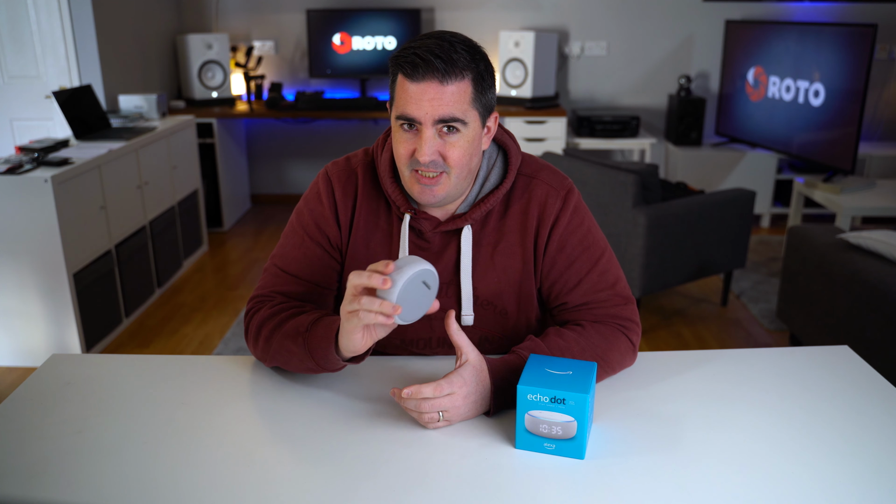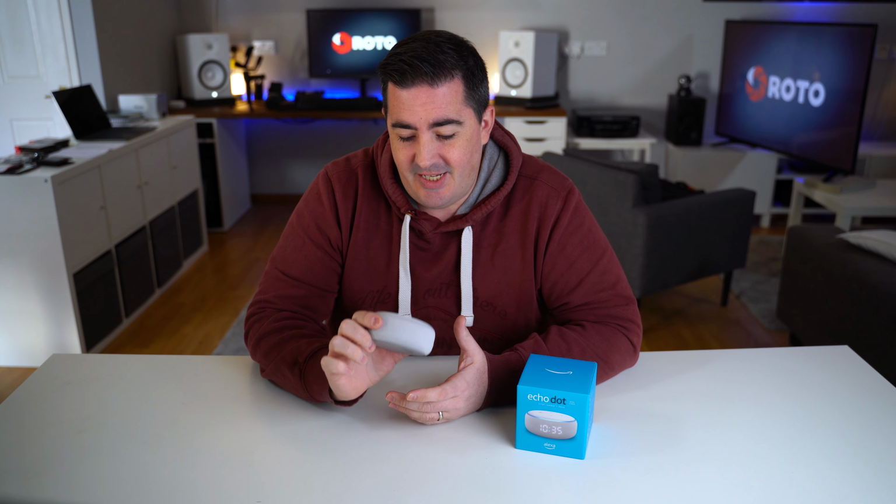But what will firmly be in the tick column for these is great sound and functionality. The sound quality on these is the best out of all the previous models, and it's really quite something. It's hard in here because I've got a nice speaker setup, but even if I just come in, tell it to play something, and I don't have it set up through the computer and through my speaker system, it's still really nice sound. And I have them at home, we use them in the lounge and things, and the sound quality is really nice. So it kind of gets a thumbs up, but in my opinion, it's not really worth the extra money. Other than that,